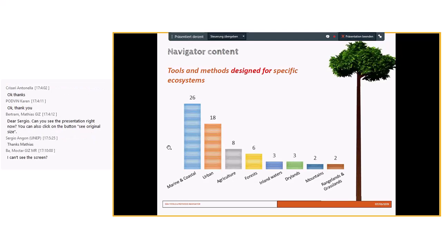But that doesn't mean that tools that are listed as belonging, quote unquote, to a different ecosystem cannot be applied or adapted to a different one.